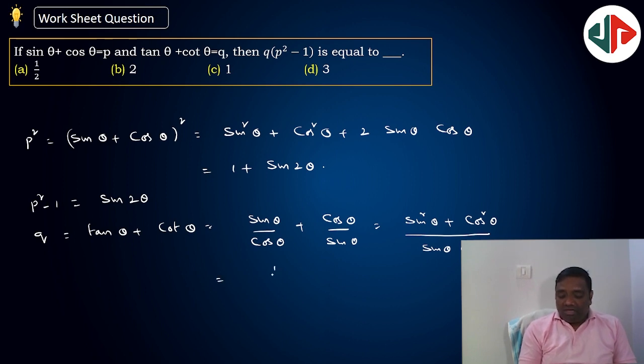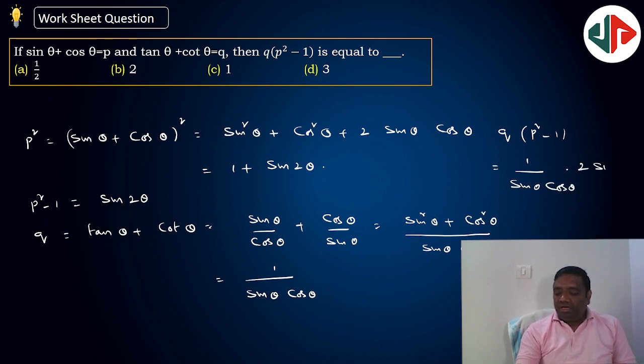So finally your answer is 1 by sin theta into cos theta. So what is our value? Q times p square minus 1 means your q value we got 1 by sin theta into cos theta, and sin 2 theta means 2 sin theta into cos theta only. So your answer is